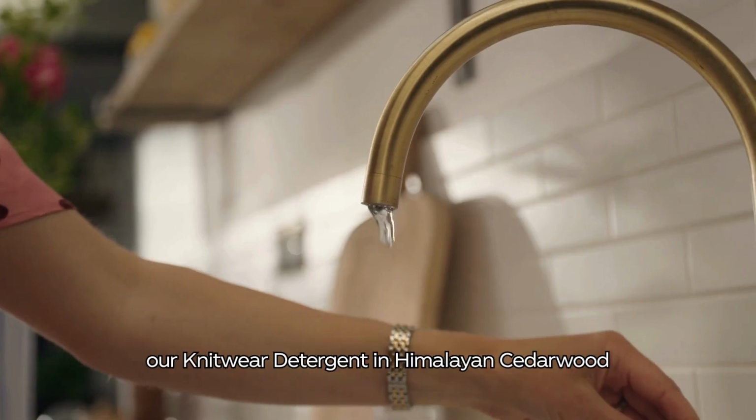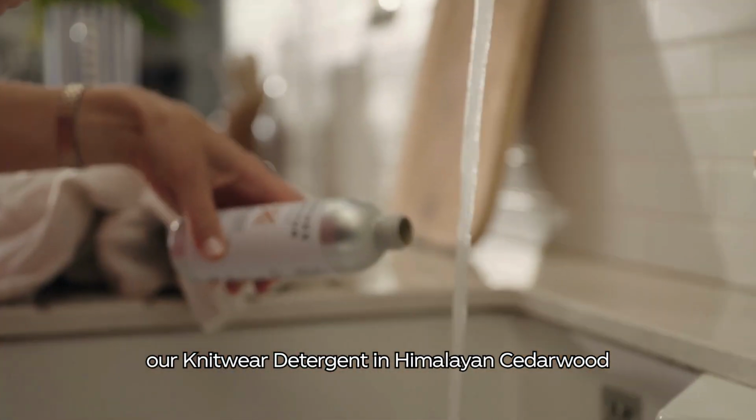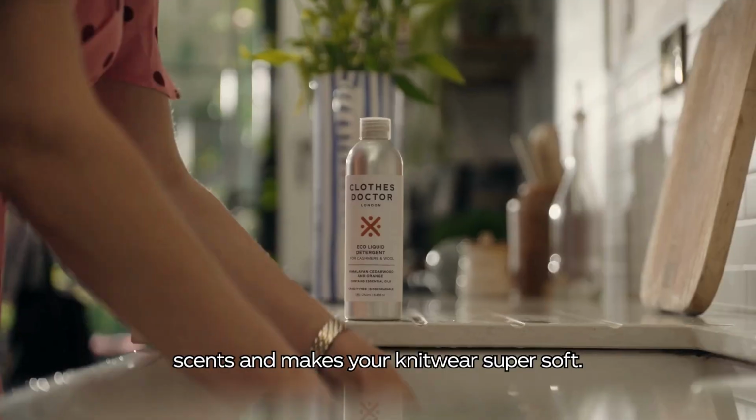And last but not least, our knitwear detergent in Himalayan cedarwood and orange oil, which cleanses, scents and makes your